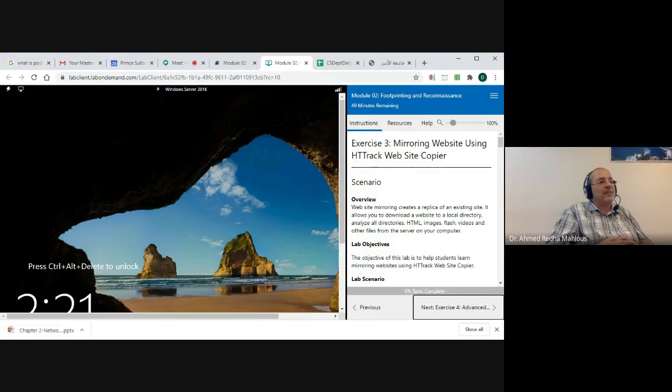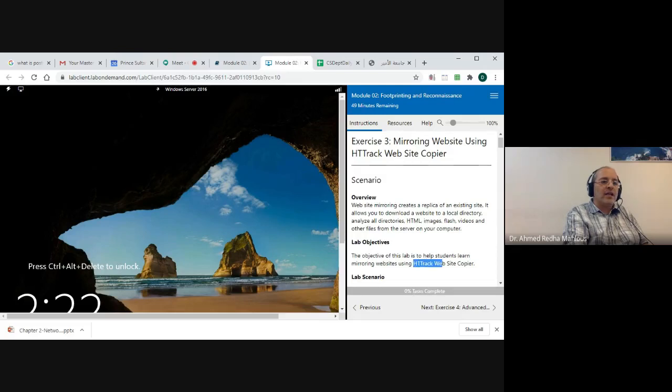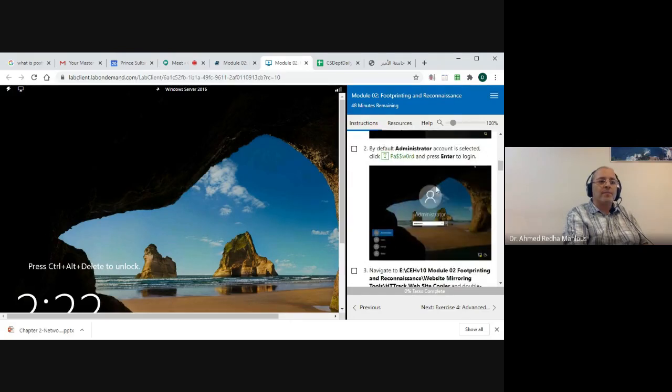If the PSU network has proper devices or IDS devices, they might suspect that someone is trying to use tools on their website to extract information. So you want to do it at your own pace, when you are logged off from the internet. So you will use this HTTrack program,